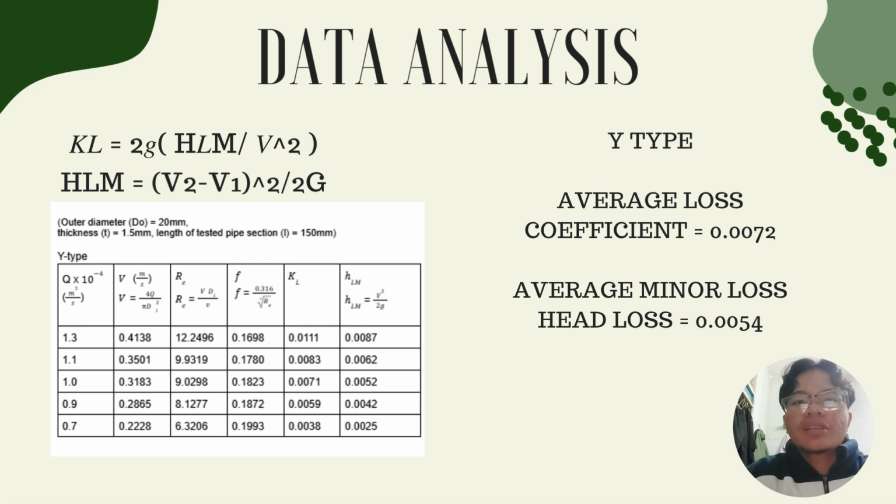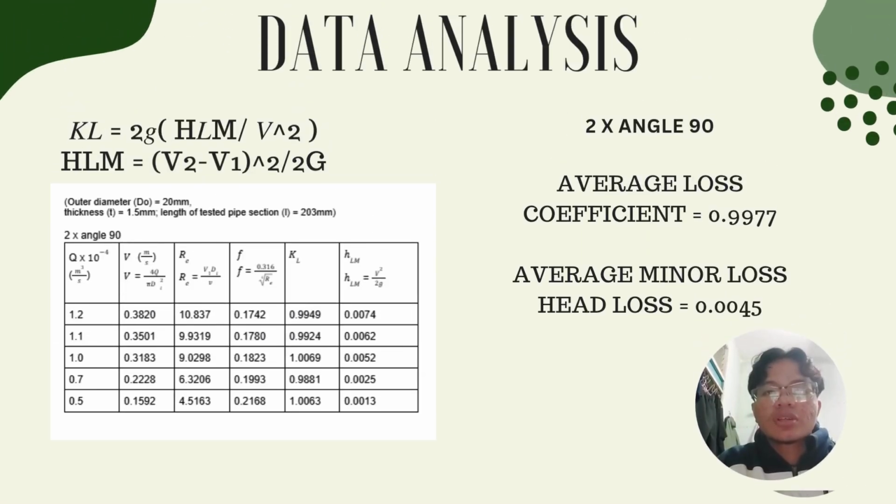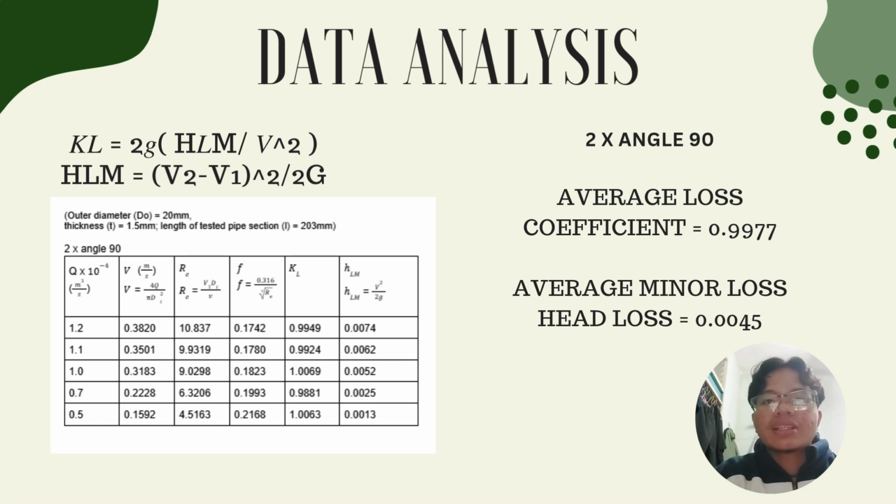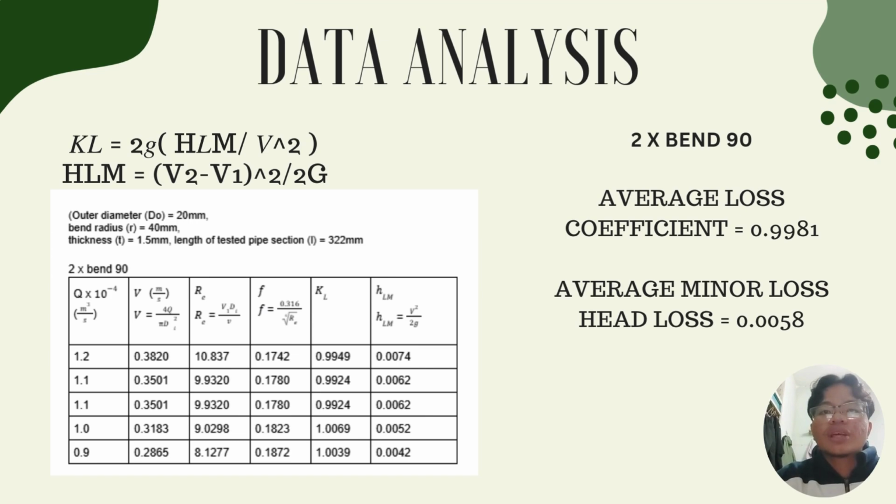The average loss coefficient for Y-type is 0.0072 and the average minor head loss is 0.0054. For 2 times angle 90, the average loss coefficient is 0.9977 and the average minor head loss is equal to 0.0045. For 2 times bend 90, the average loss coefficient is equal to 0.9981 and the average minor head